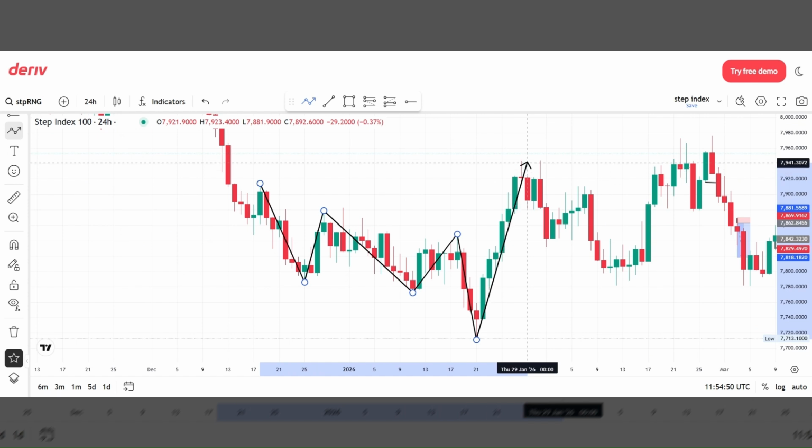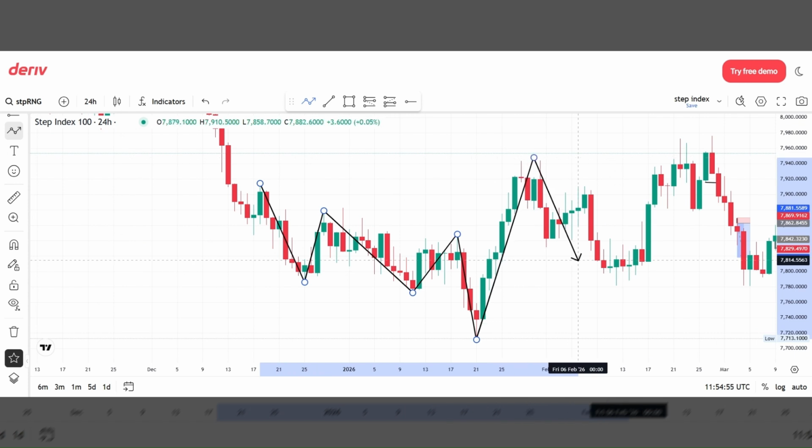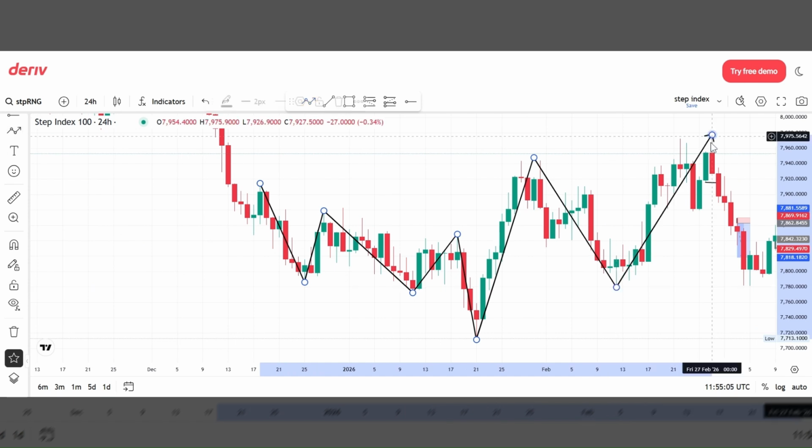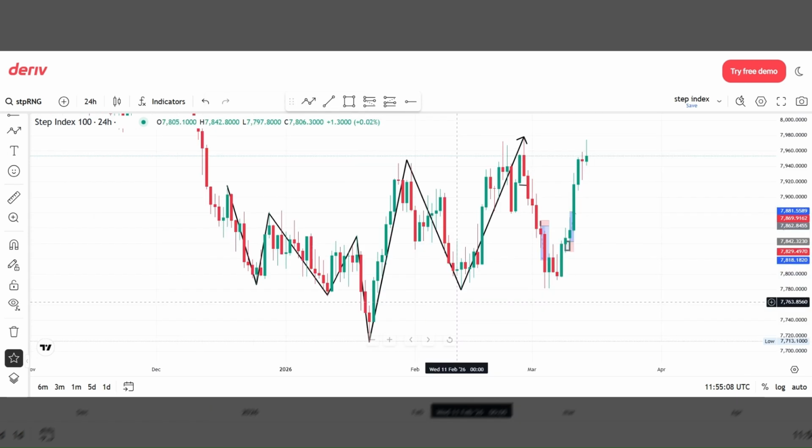Break this high, okay. Not only breaking this high, the market still comes down again. I'm not gonna make use of this. I'm gonna make this one now. Give us another lower high, all right. Then give us another higher high, all right. Now, since this market has made a higher low,